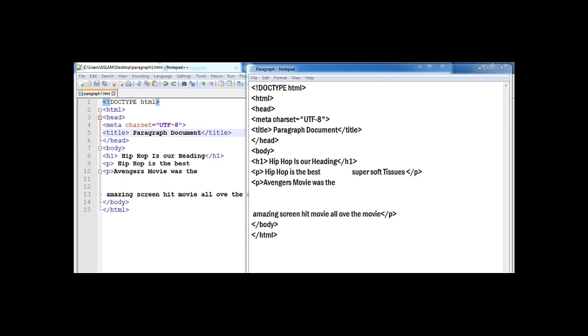HTML paragraph. The HTML p element defines a paragraph. You already know about it. Browsers automatically add some white space or a margin before and after a paragraph. So the HTML display, you can be sure how HTML can be displayed on large or small screens and resized windows